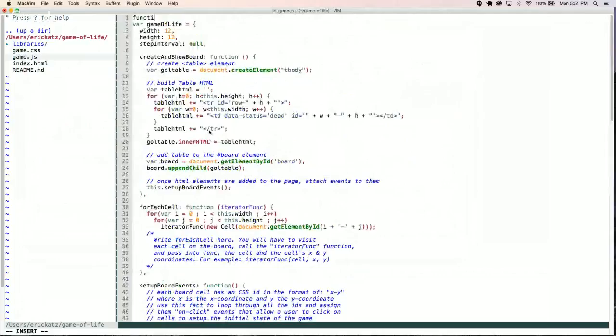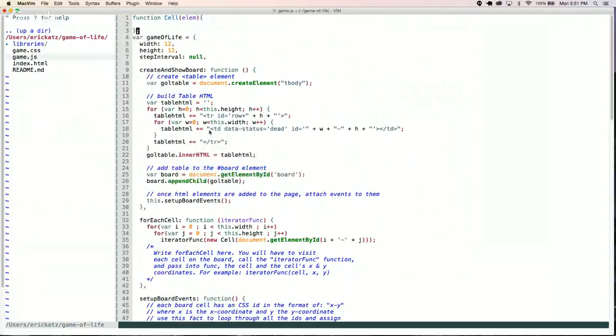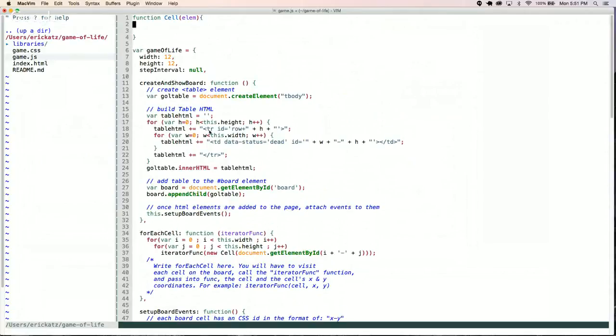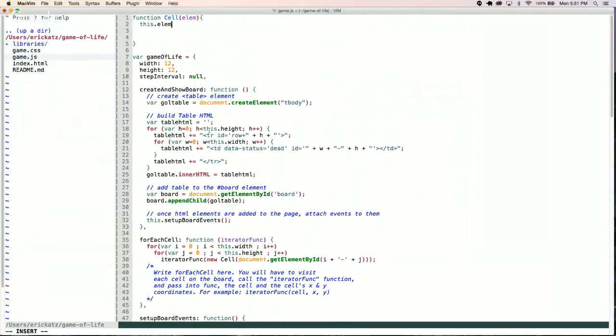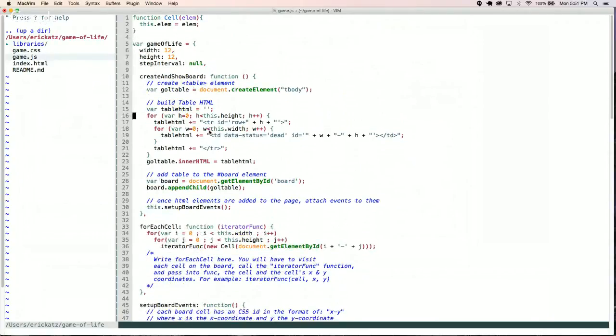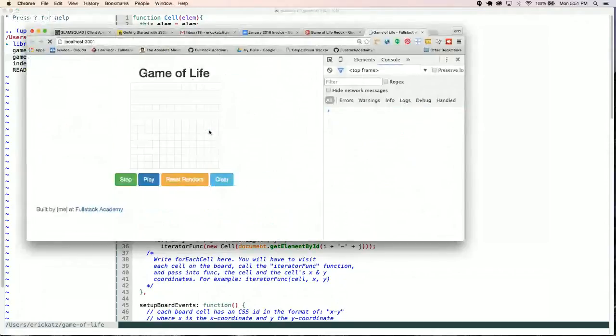but I'm going to go up here and I'm going to create a function called cell. When I call cell, I'm going to pass in an element. This is going to be my DOM element. I don't need anything over there. And again, I'm just working this a little bit at a time. When I call this, I'm going to say this.element equals element. This is just a very simple object that's wrapping a DOM element, and this should get rid of that error,